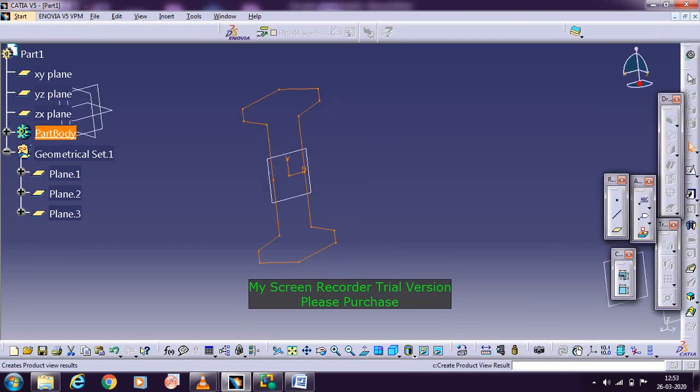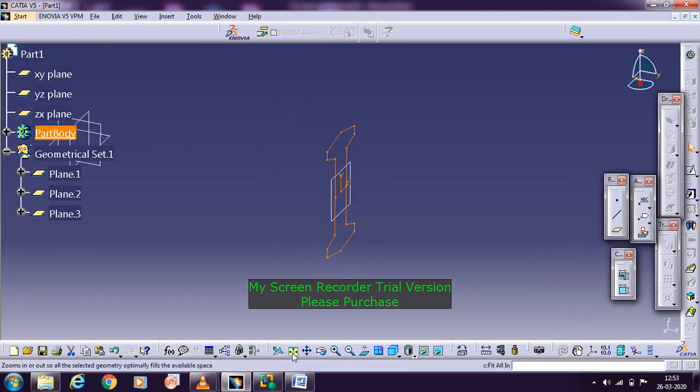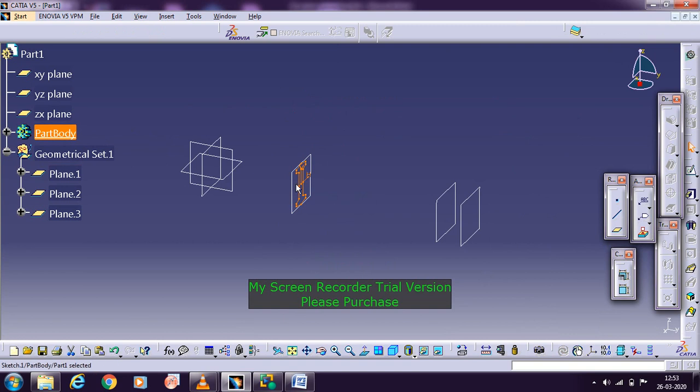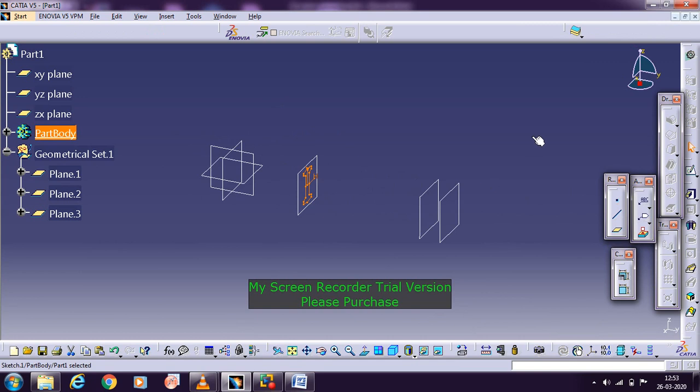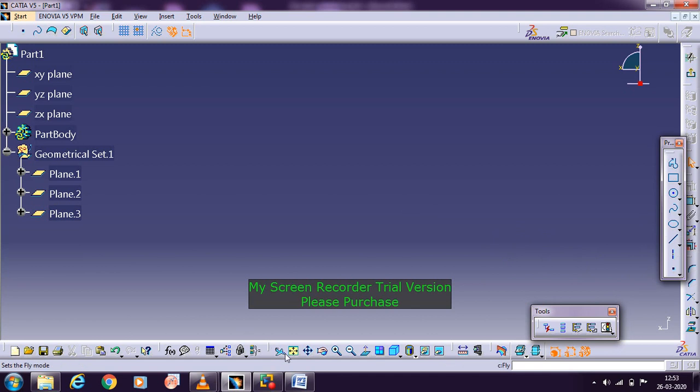Go with the exit workbench. So we have created one eye section for the height of 24. In a similar way you need to create one more eye section here for a height of 20 mm. Same way, go with the sketch. Exit workbench. I need to select the other plane. You need to click it outside. Go with the sketch, and click on the plane surface.